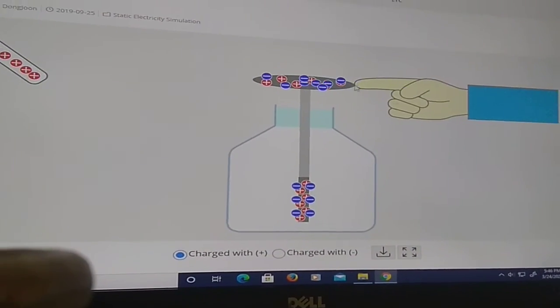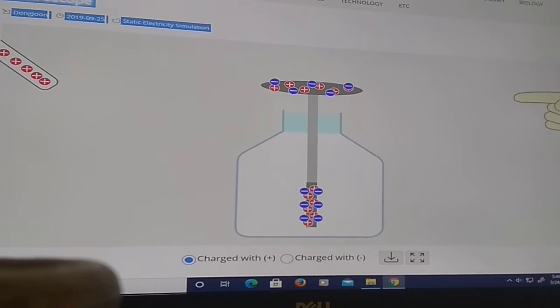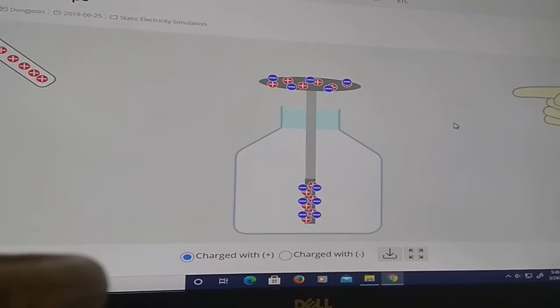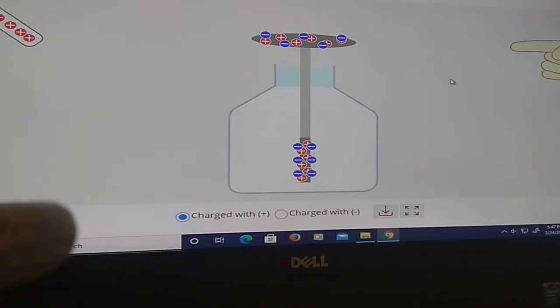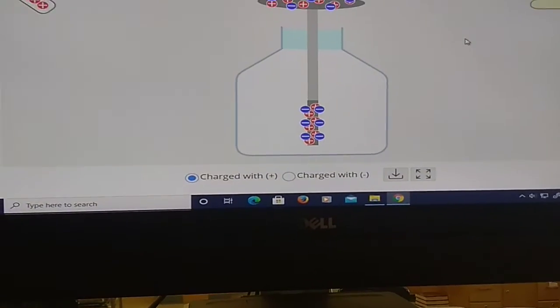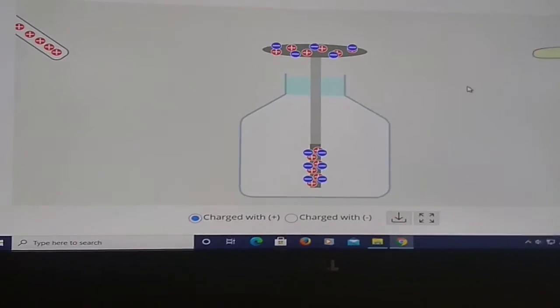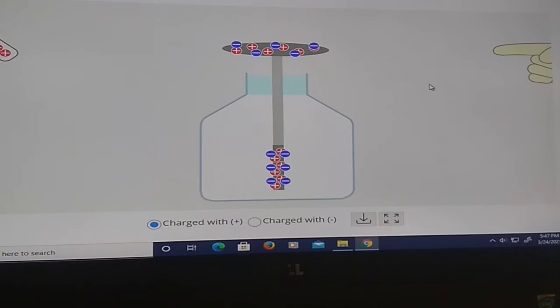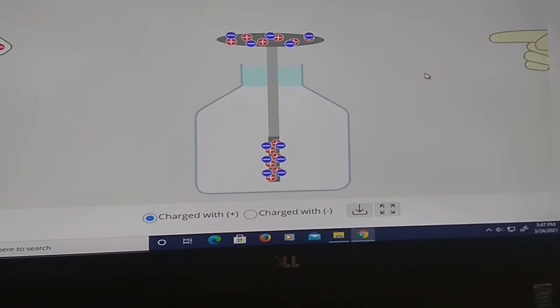This is all a little tricky. I don't blame you if you think this is tricky to understand. This and the other types of charging are probably the second hardest part of this unit. What I want you to think of when you're thinking of charging, and you have these assignments where you have to talk and discuss and describe and show and depict different types of charging, you should always be thinking in your head,